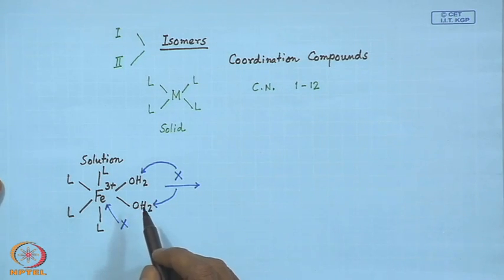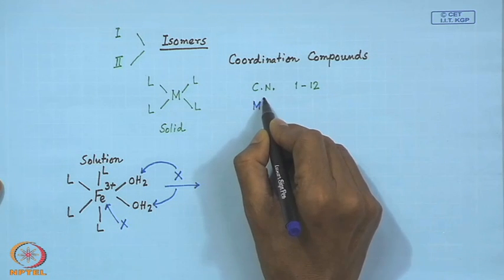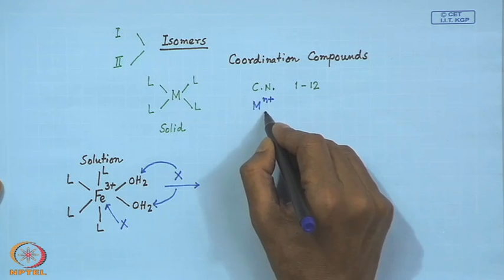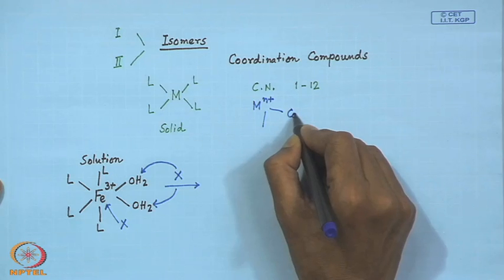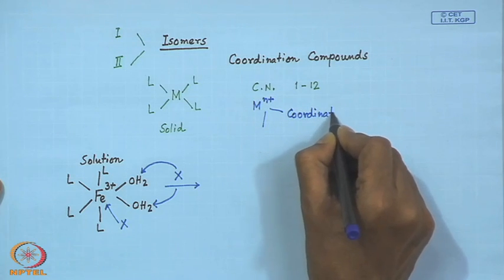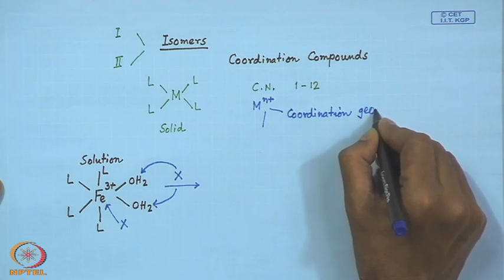But always we see that depending upon the metal ion, what Mn+ we can have, we have the corresponding preference for a particular coordination geometry. So, if we know the corresponding coordination geometry